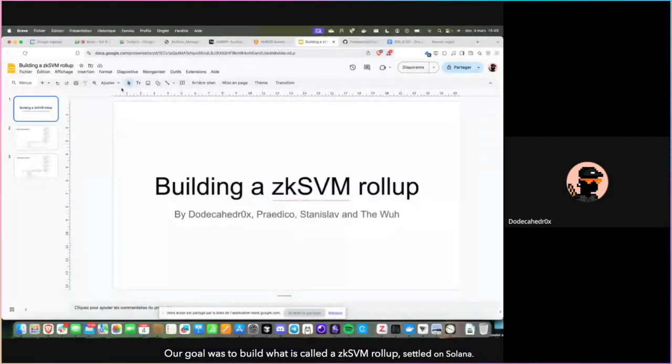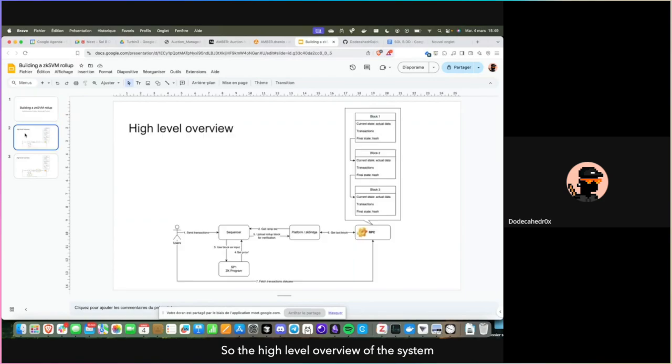The goal was to build what is called a zkSVM rollup settled on Solana. This has been done by Praedico, Stanislav, and myself. A rollup is a blockchain that is derived and verified on another blockchain, in this case on Solana. The high-level overview of the system that we want to build is that users send transactions